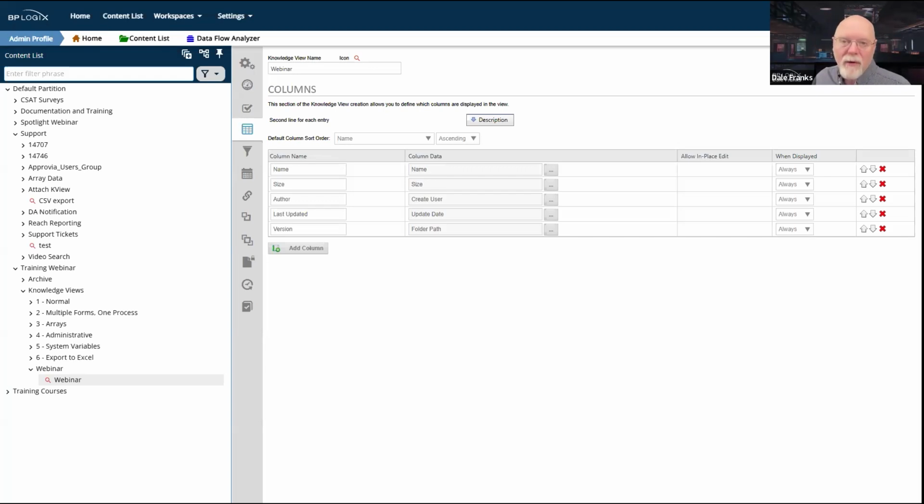For example, if I have a form and it's associated with a timeline, this particular form is not. But if it was associated with a timeline, then I would have the ability to also pull back data from any associated timeline with that particular object. In this case, there is no timeline associated with the objects. They're just forms without timelines.